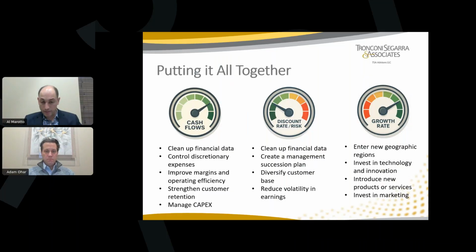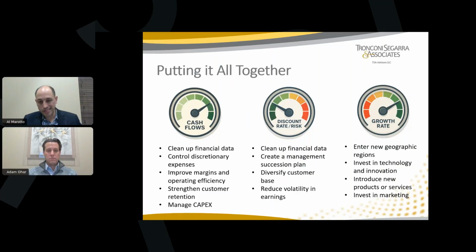Discount rate, I'd say the biggest one is create a management succession plan. There's a lot of business owners who take everything on themselves, take on all their customer relationships, have all this institutional knowledge. The best thing you can do is start to plan for how you're going to reduce that risk by finding a replacement or coming up with a plan to start giving out some of those customer relationships to others, getting other people involved, whatever it may be, to not make the company as reliant on you as it is right now.